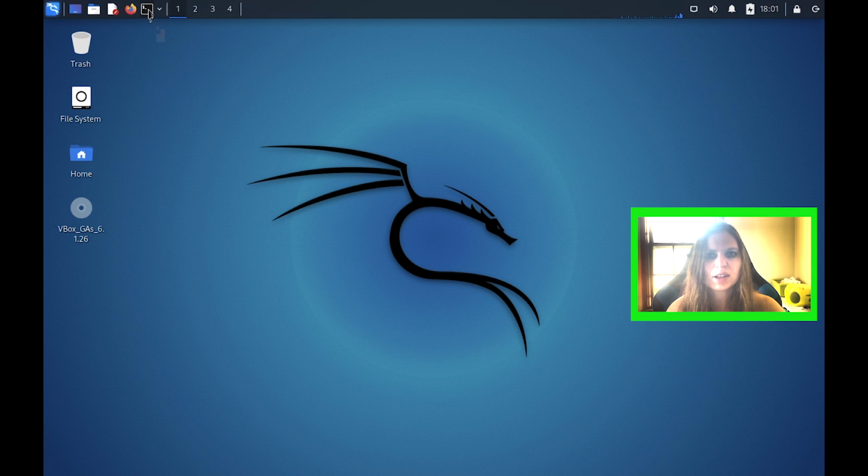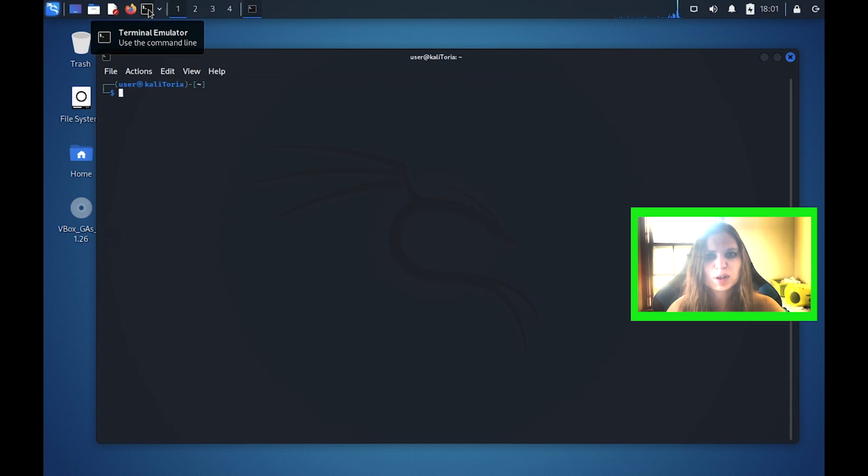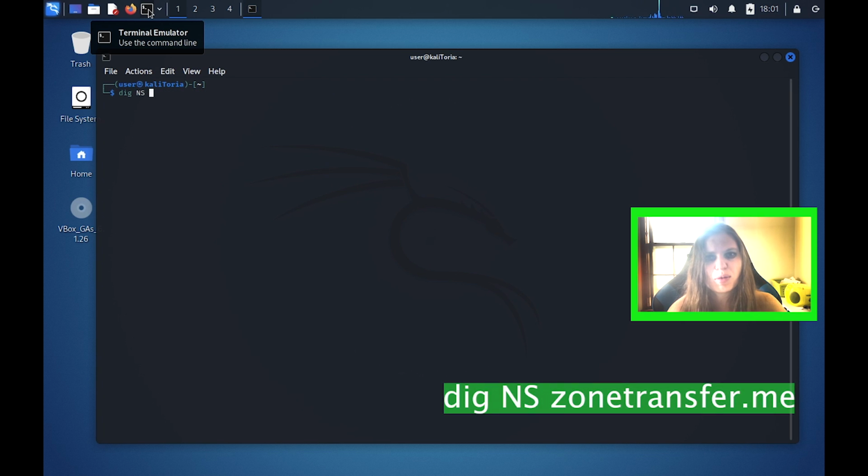In this tutorial, I will be identifying IP addresses by using zone transfer in Kali Linux. So the first thing you want to do is open the terminal in the toolbar up above. Next, what you want to do is type in